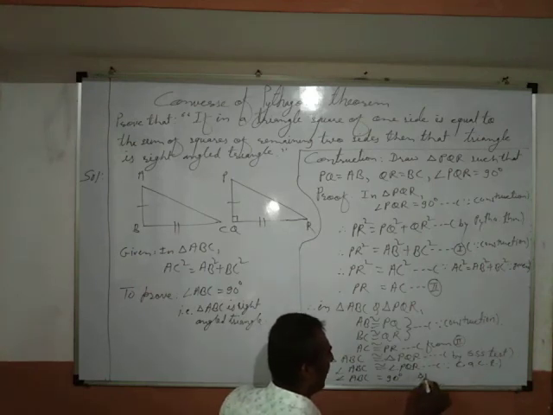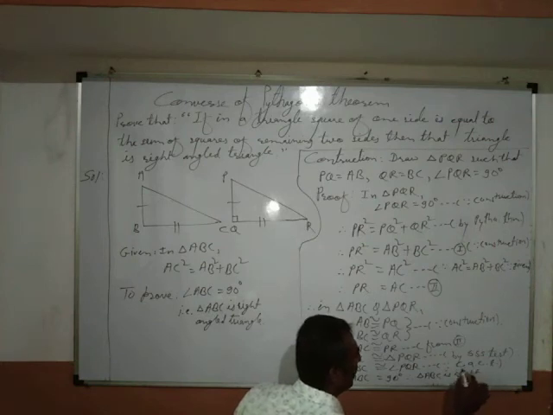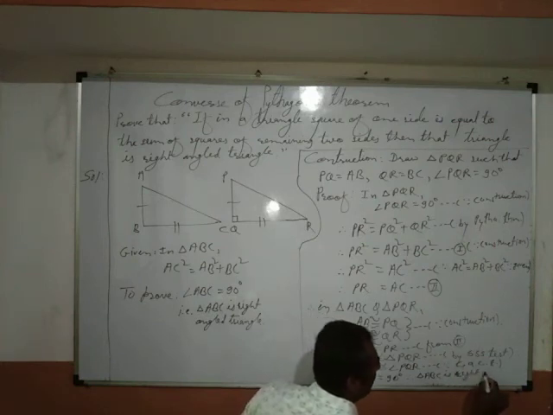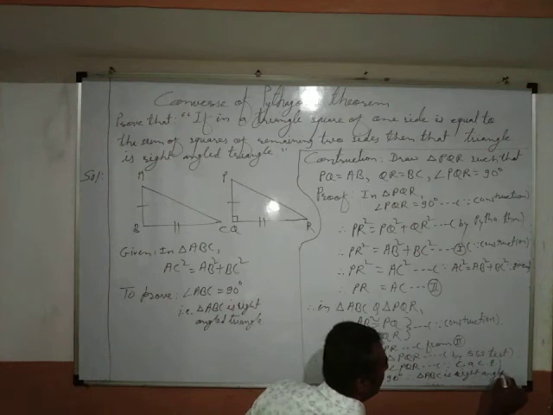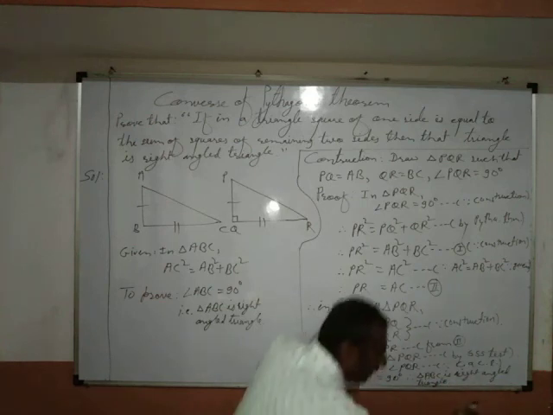And therefore triangle ABC is a right angled triangle. Okay, it is a right angled triangle. Hence the